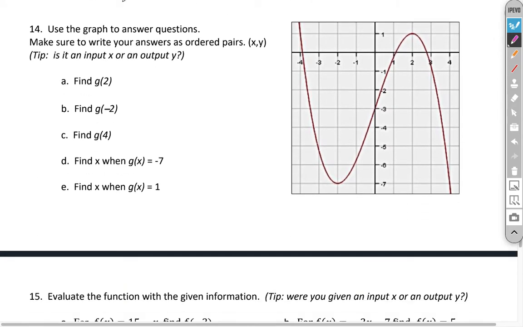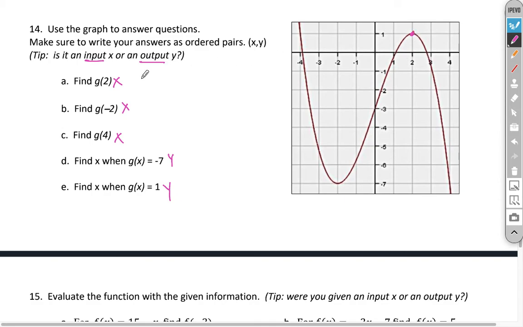All right, 14, use your graphs to answer the question. So what we're doing here is finding our ordered pairs, okay? So if we're given, remember if it's in parentheses, it's an input, and if it's outside of the parentheses, it's an output. So inputs are x's, so we've got all of these x's, and these are y's. So first things first, g of 2 is x equals 2, so here is x equals 2, and here is